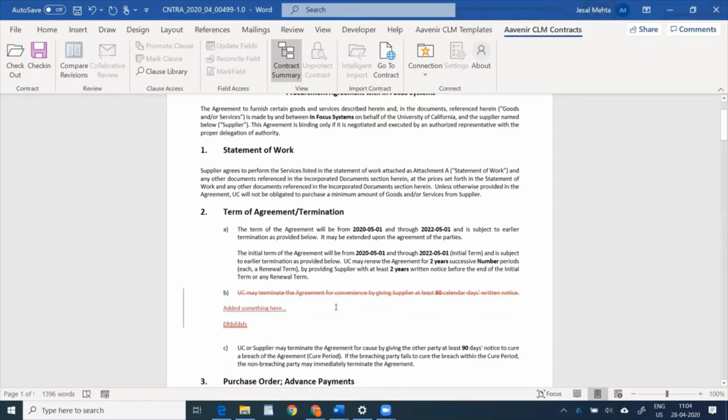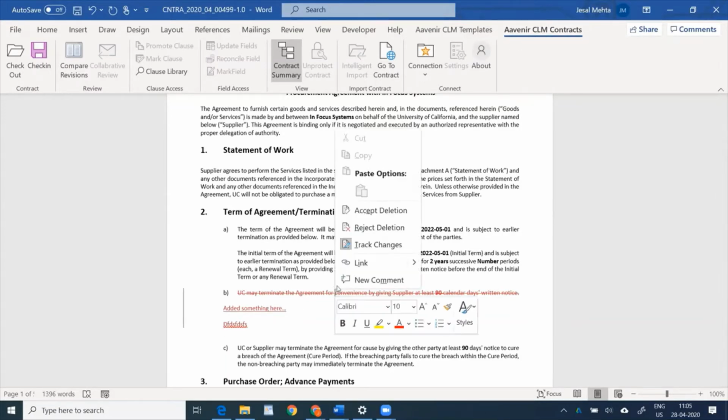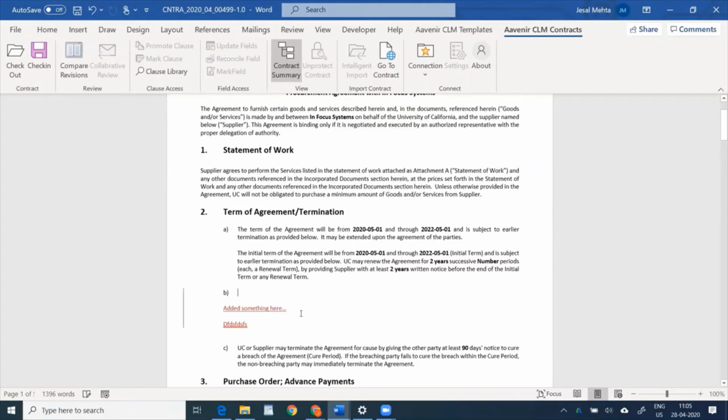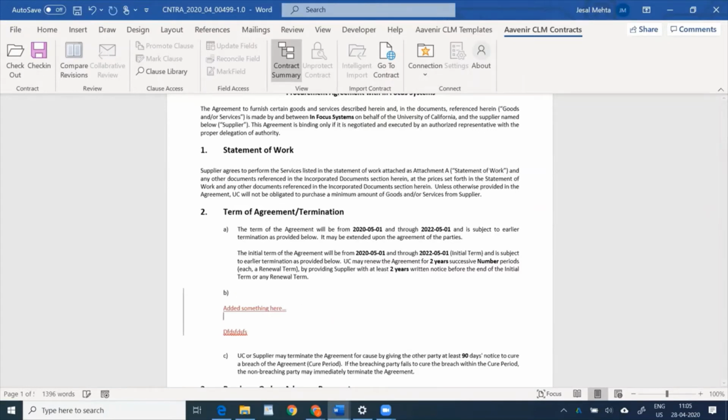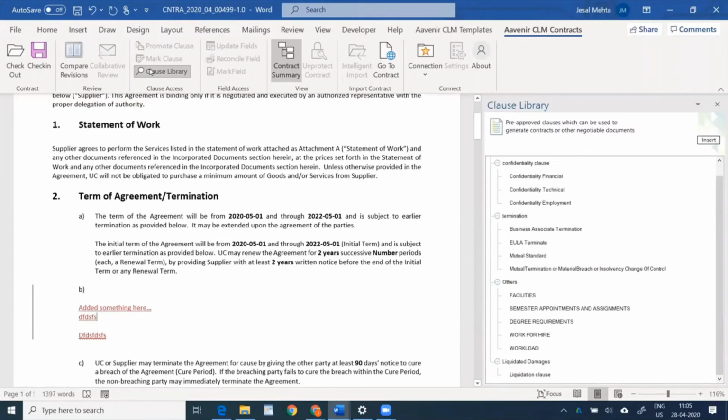So she can do anything. Let's say she may accept the deletion. She can add something here. Whatever else she wants to do, she can just do it like she would in Microsoft Word. In addition to that, she has direct access to the clause library from Microsoft Word.